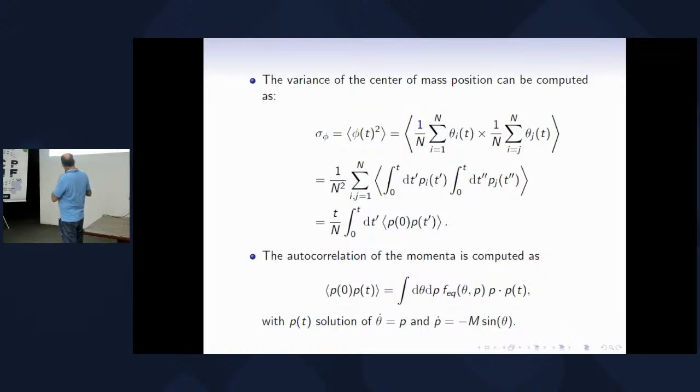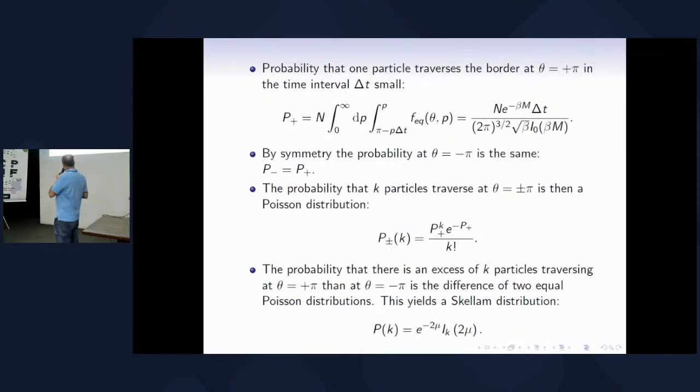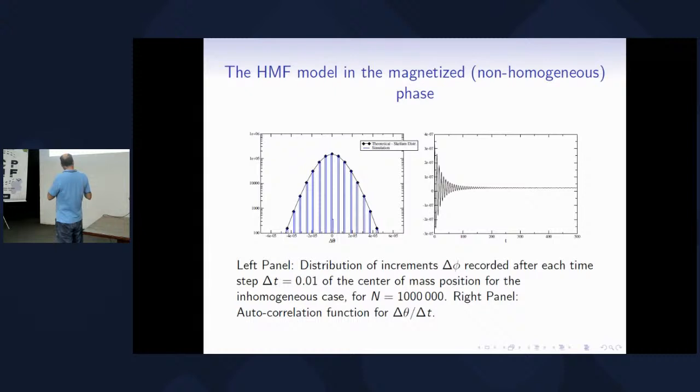Since this goes to a fixed constant value, the integral is proportional to t. So the variance is proportional to t squared. This is ballistic diffusion. The center of mass begins with a ballistic diffusion, but due to collisions, for a very long time we can show that this autocorrelation function will tend to 0 very slowly. Then we will have a crossover from ballistic to normal diffusion of the center of mass.